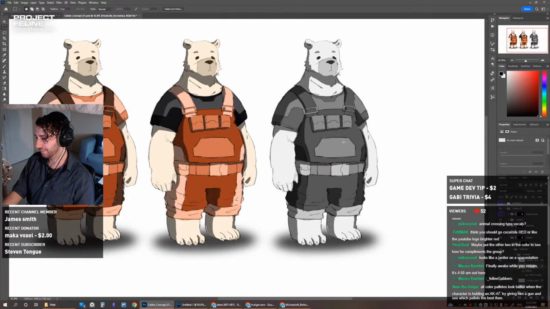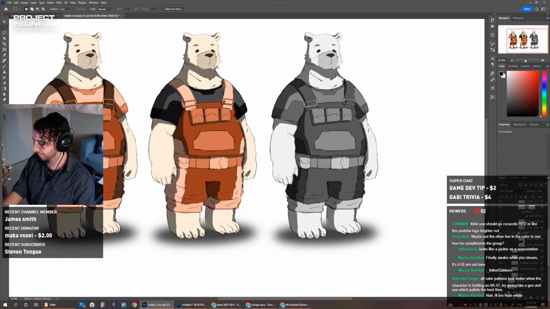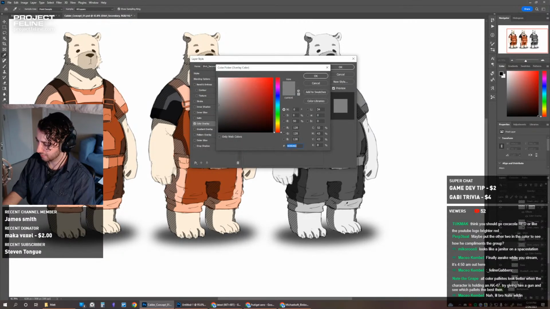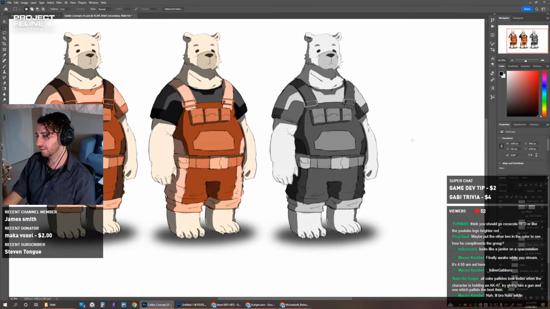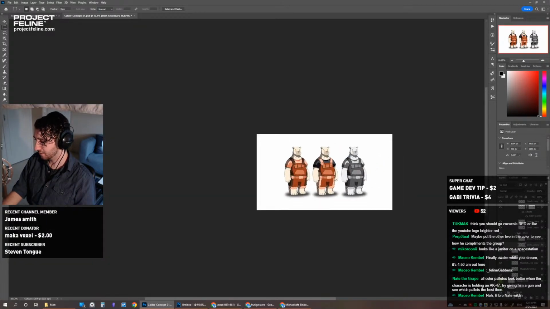But I think the shirt, I need to make that a little brighter. It blends too much, I think, with everything else. The other layer. I gotta brighten that just a little. Pick that value instead. Yeah, that's a bit better. A bit more contrast. All right, let's put the color back on. There we go. And then I can just go to the overalls.